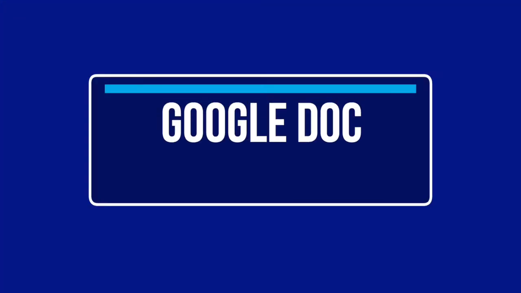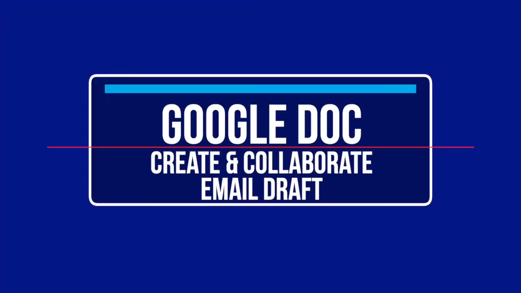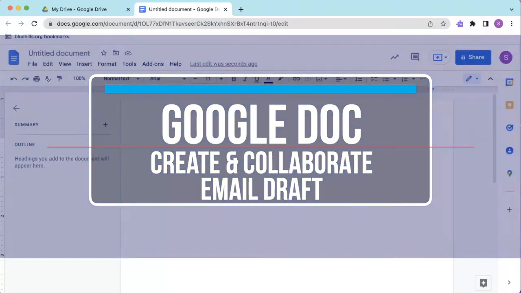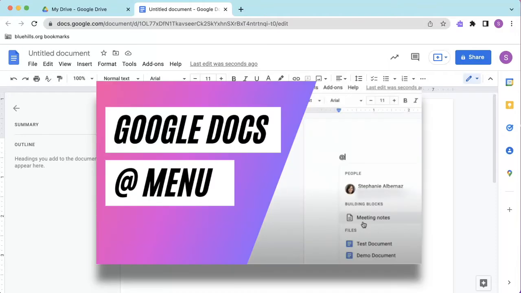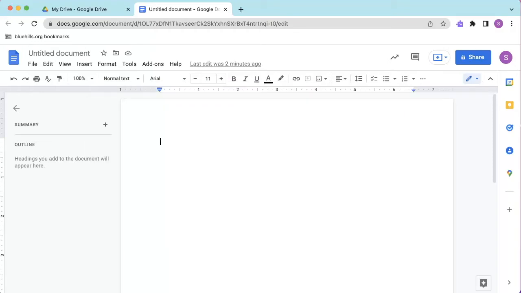Google released a new Google Doc feature that allows users to create and collaborate on an email draft. In a previous video, I showed you how to use the Google Docs app menu, which I will link in the description box below. And in that video, I predicted that Google would be releasing more templates, and they did not disappoint. To use the new Google Doc email draft template, open up a Google Doc, type the @ symbol,